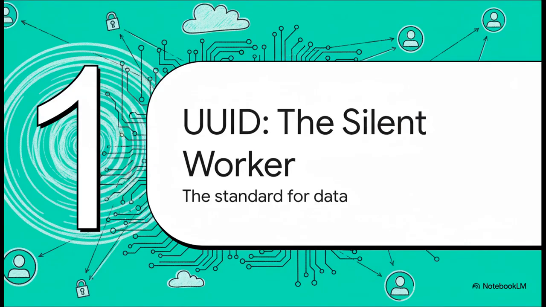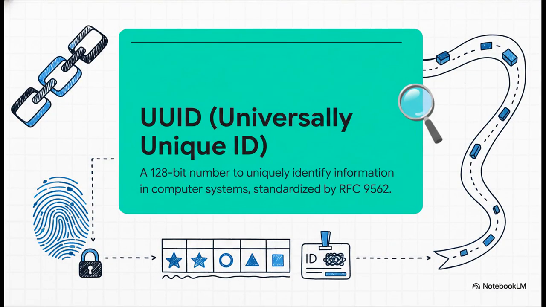All right, so first, let's talk about the world we live in right now. UUIDs are kind of the silent workhorses of the internet. You never see them, but trust me, they're in every database, every app you use, quietly doing one very, very specific job. And that job is pretty simple. It's to give a unique name to a piece of information. That's it. A UUID is basically a super, super long serial number. Think of it like a social security number, but not for a person, for a single entry in a gigantic global spreadsheet. Its only purpose is to make sure one piece of data never gets mistaken for another.